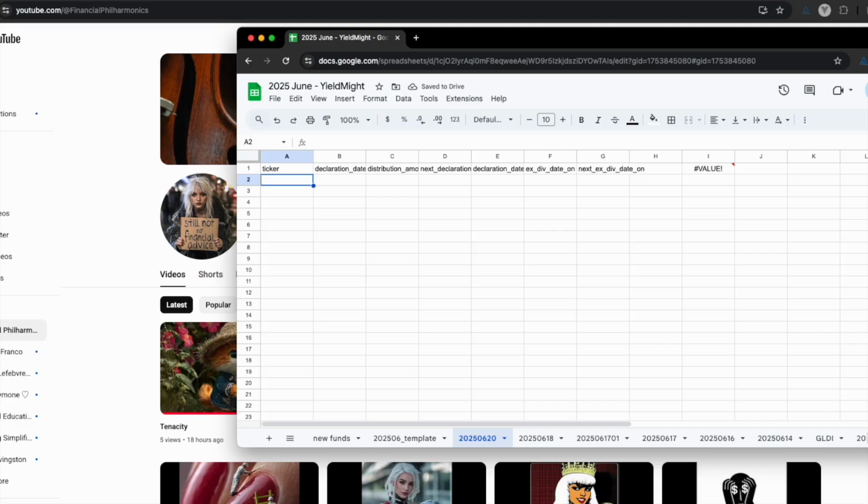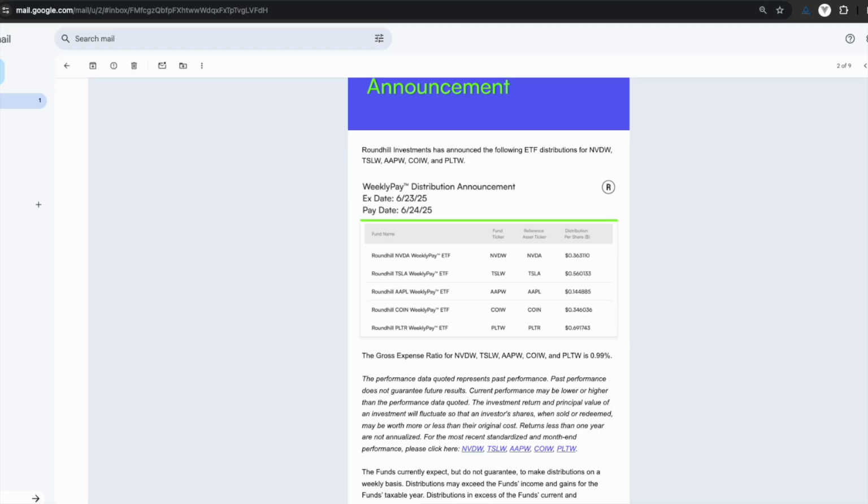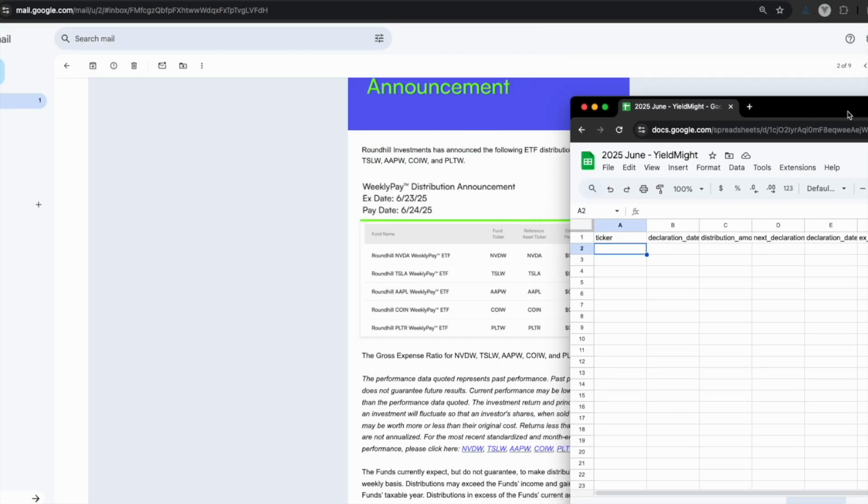I usually do this on separate screens because it's easier to see. I've stopped pre-populating these beforehand because it's somewhat easier just to put these in the order that they are in the email, so that I can just go down and manually put these in.